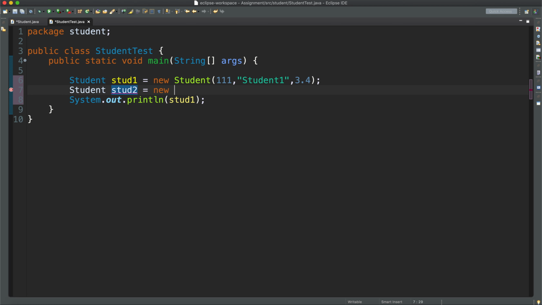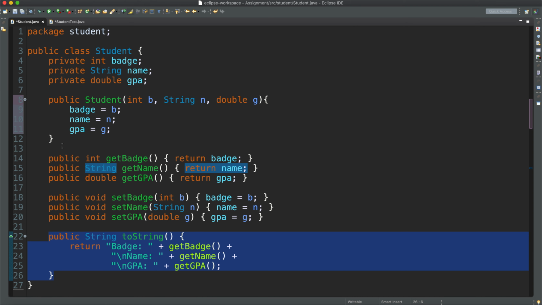To create a new object of student, we have to use the new keyword followed by the name of the class, followed by a pair of parentheses. And by doing this,